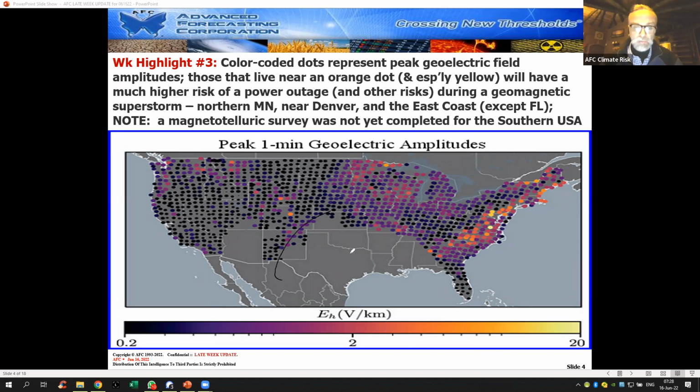And the blacks will continue in this area. But near Denver, and especially up here in northern Minnesota, there's high risks for, if we have a geomagnetic superstorm or some kind of large solar flare, it will knock out the lights